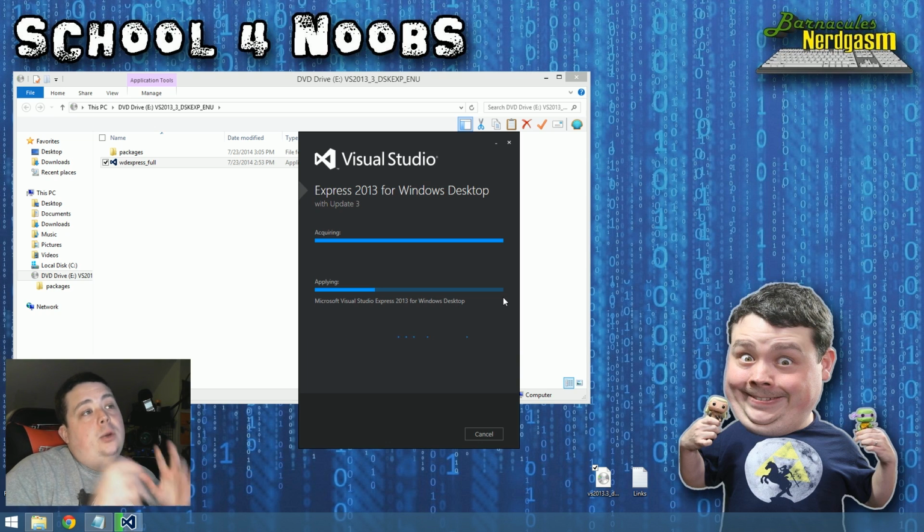So the whole idea with this editor is you go in, you create your program, and you basically build on operations. It's just like tools. If you wanted to make a hammer, right? You would go and forge the head of the hammer, and then you would go create the handle for the hammer, and then you'd bring those two together, and then you'd have a hammer, and then you could use that hammer to build something, and then you could use that something that you built to build something even bigger. Programming is like that. You start with small elements and you keep building on them until you get a big element. All right, once this is done installing, I'm gonna go ahead and show you guys some of the features,